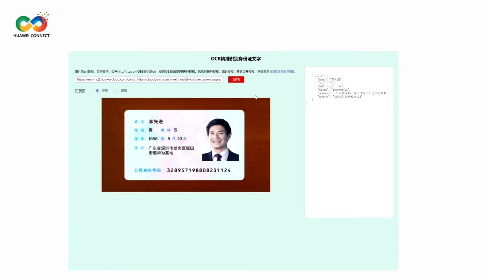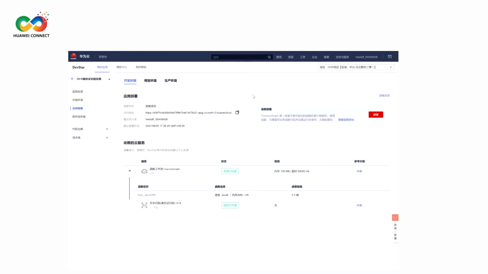As you can see, I clicked Identify, and we have successfully recognized this sample ID card through the Huawei OCR text recognition service. By now, you should know how to use DevStar to quickly build